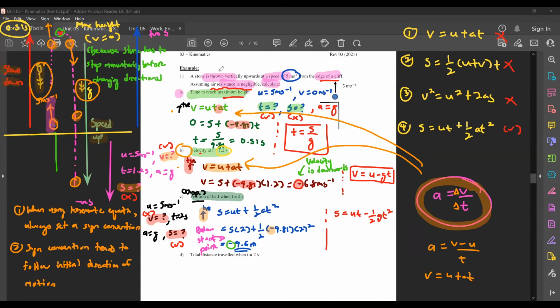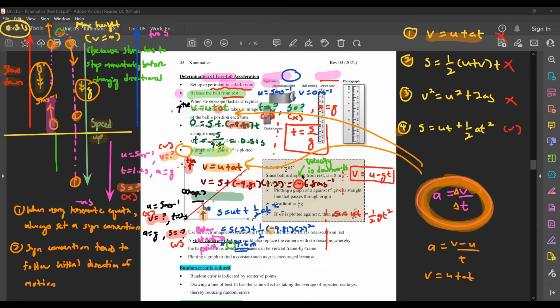Yes. The main starting equation was V equals U plus AT, which in turn came from this. Yes, you're correct in saying that. All these little equations that you see, equation 1, 2, 3, 4, they were all derived based on this. If you remember the substitution that we did in the previous lesson where we showed how to derive all this,